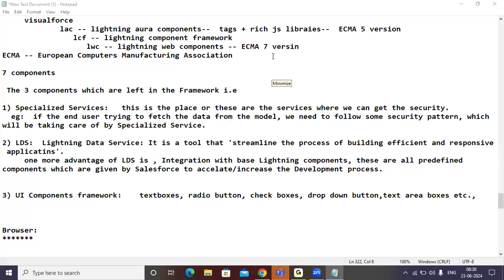Can I say that the browser is an interface? Correct. Through which the end user passes the request to the server. The server takes the request, processes it, and gives the response to the client. So the browser is an interface between the server and the end user. Okay, fine. Good answer, Pratika.